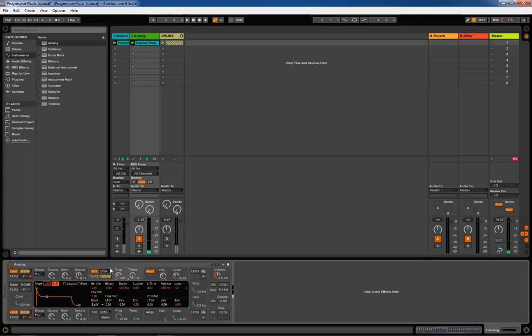We can leave it at the standard low pass 24 filter, and we will just bring down our frequency till we're just about hearing it, and we're not getting too much, because we're actually going to bring up the envelope amount for the filter envelope. We can define that over here simply by clicking in this category. You see where it says ENV 4? Press delete, or if you just bring it down to 0, you're not getting any envelope amount. So now if you bring it all the way up,